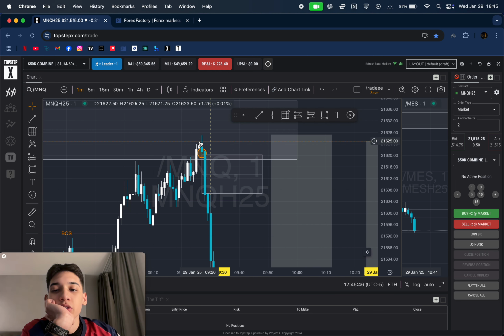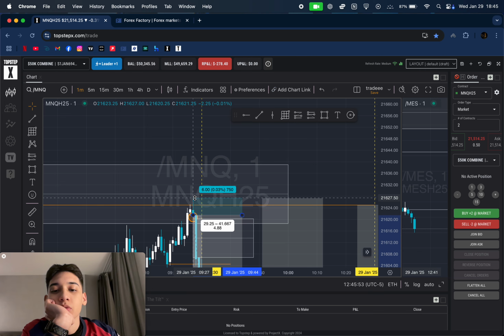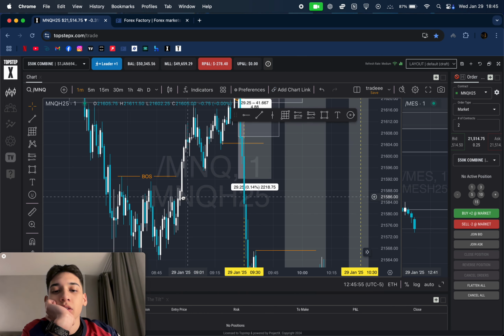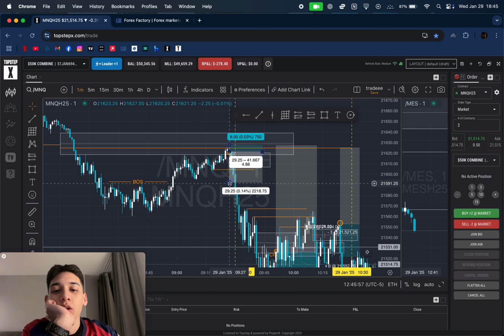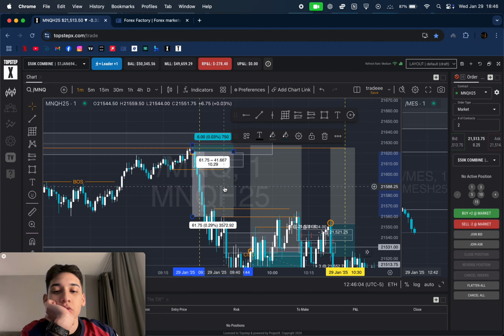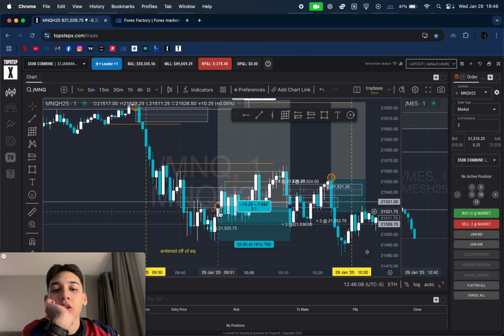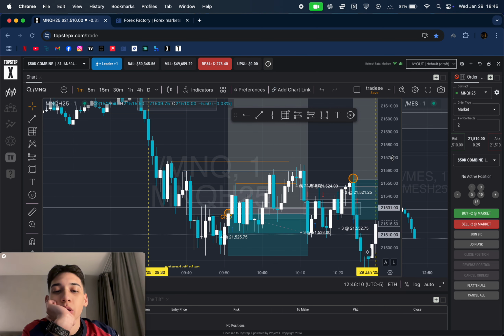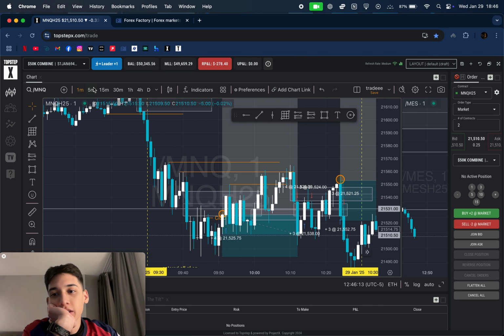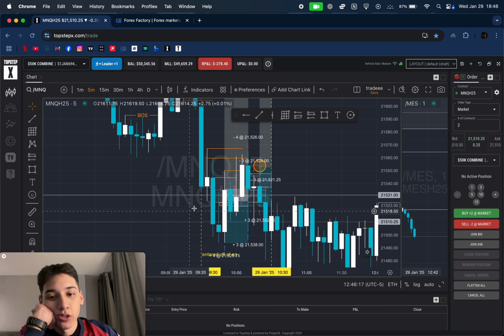We had just a wick entry. So my trade would have been looking like this off of that, and then my stops would have been right there. Yeah, I was gonna target these lows here. So for a 1 to 10.29 risk to reward ratio, and I could have held all the way down here because these were the draws on liquidity for the day, and I was right about it, but I didn't take the trade. So then after that, we came in and then we swept these lows here,